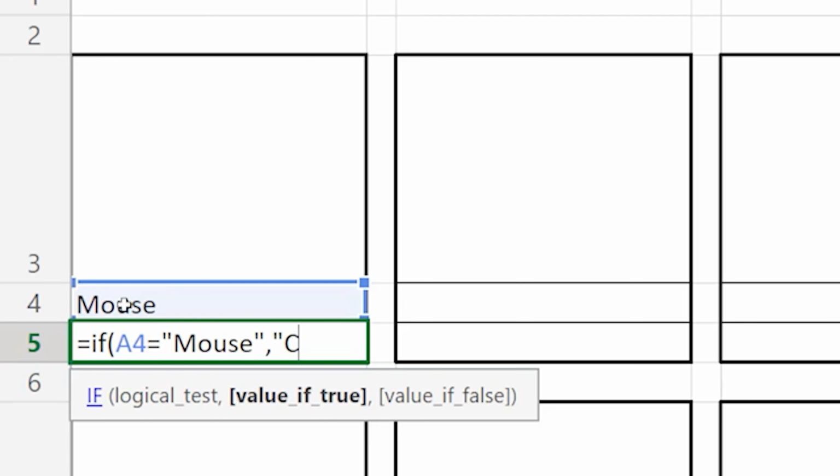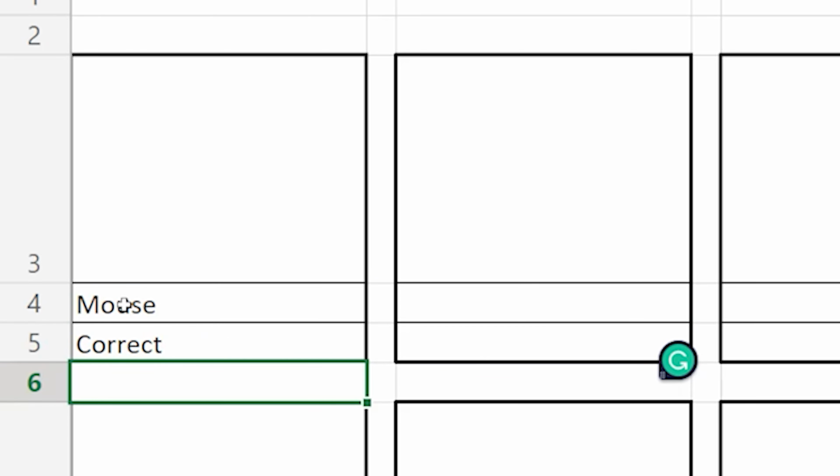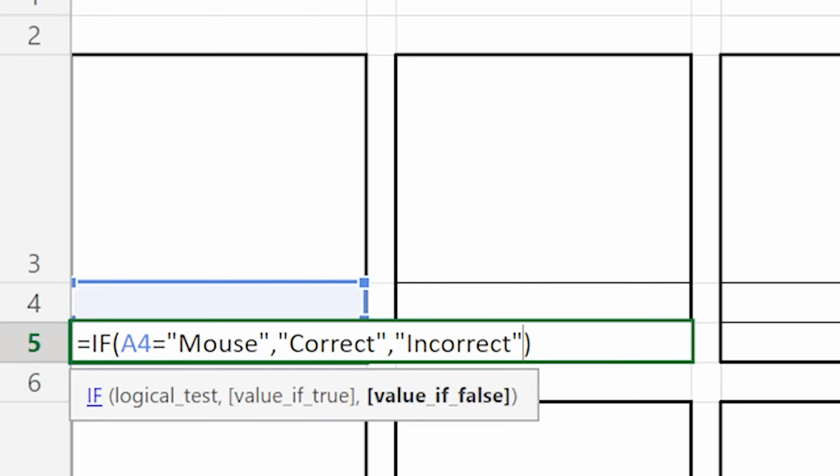Value if true, correct. Value if false, incorrect. Okay, it shows correct. If I take the answer out, currently incorrect. It's a little bit of an extension here. If you remember what we did with the binary quiz, instead of it wanting to say incorrect when we haven't